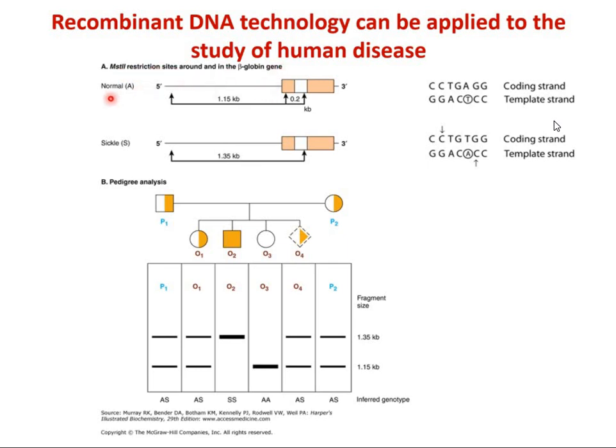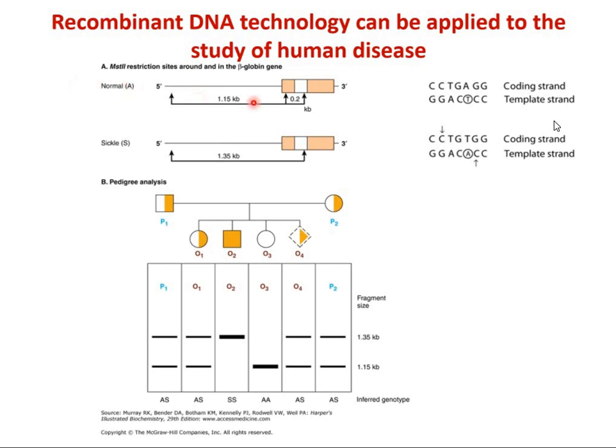beta globin gene. So if this MST2 restriction site is present, it is a normal allele. As you can look at it, there is a T to A change in case of sickle cell trait. If there's a change in this beta globin gene in a template strand from T to A, then it becomes a sickle cell trait, and then this site is no more susceptible, or like this MST2 enzyme will no longer be able to act at this site.